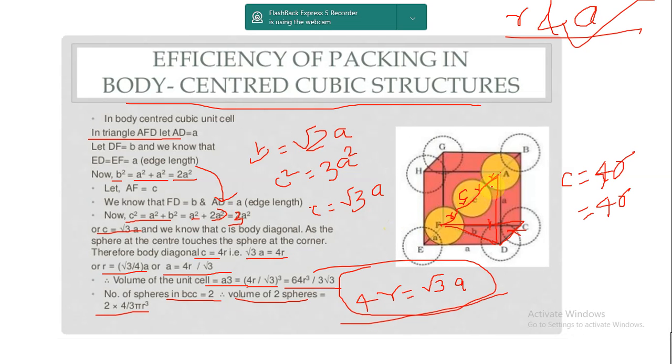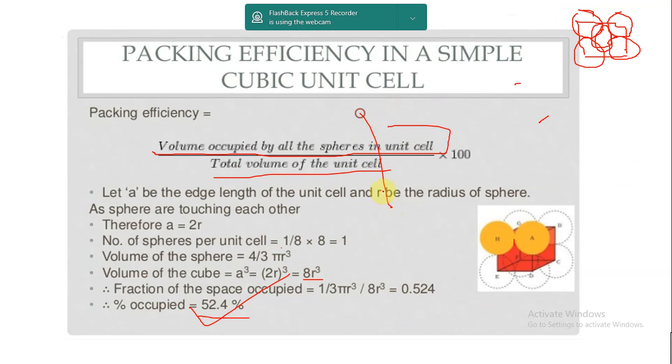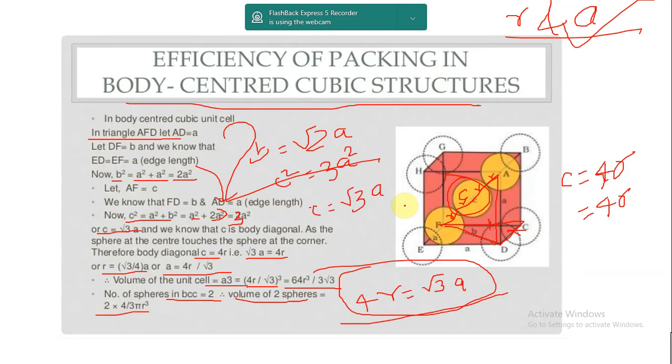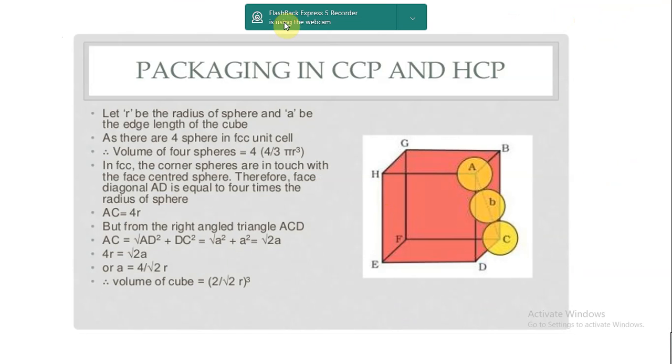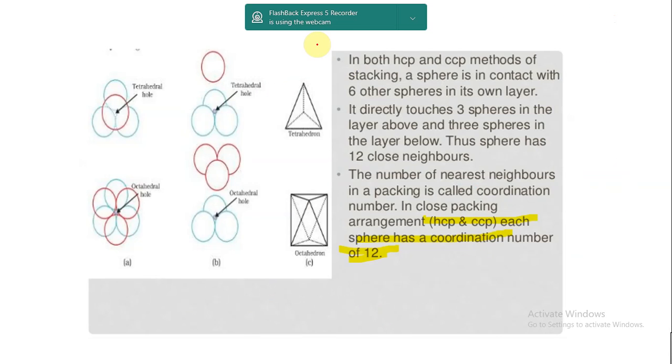Because of one extra atom at the center, here we have 2 atoms. Here we had a total number of atoms as 1, and in the CCP and SCP structure, it is actually a face centered structure. We have an atom at the face of every cell also. So how many atoms are there in the face centered structure? 4 atoms are there, no?